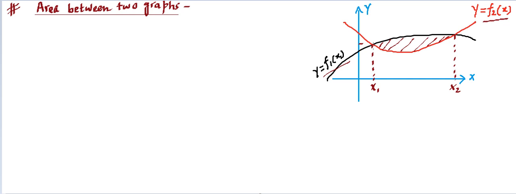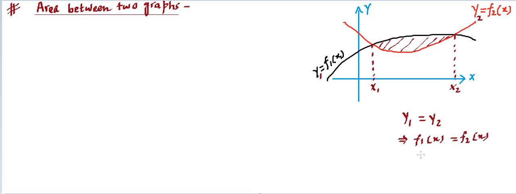So that means both will have the same value of y when we replace x by x1. Similarly, both will have the same value of y when we replace x equal to x2. That means these points are intersection. So from here we can claim, let's call this a y1 function, let's call this a y2 function. So first of all, we will be saying y1 equal to y2, which basically indicates f1(x) is equal to f2(x).